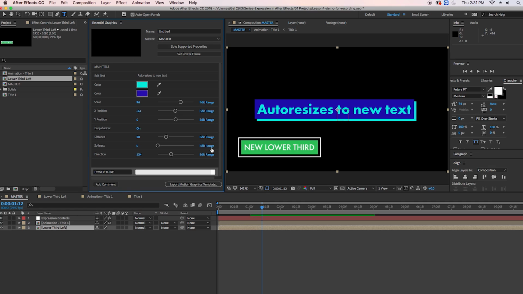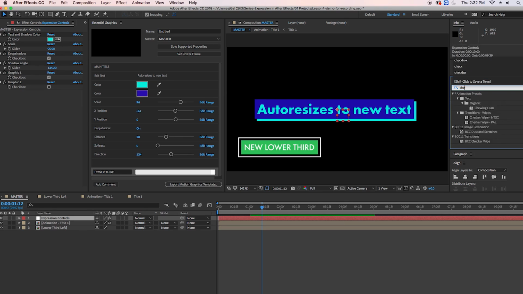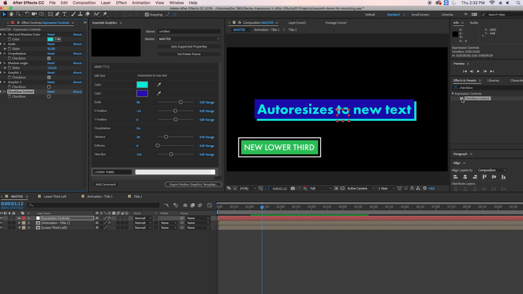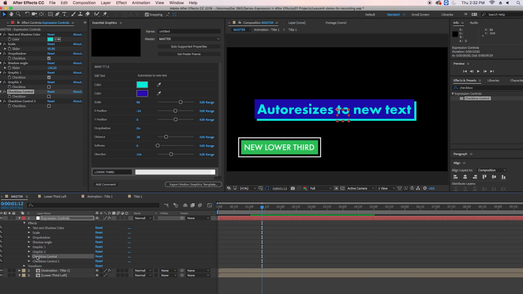And now we want to be able to turn off both these assets. What you're going to do is search for checkbox, okay? And let's double click to apply it to the expression controls layer, which we created in previous lessons. Let's double click to make another one because we're going to have two, one for the main title and one for the lower third. Okay, so let's rename this checkbox under expression layers here. Let's rename this one to be main title checkbox, and let's rename this one by hitting enter to lower third checkbox. Okay,